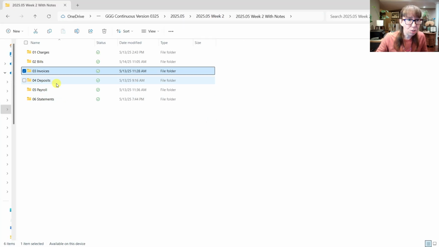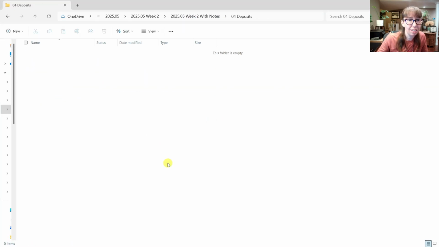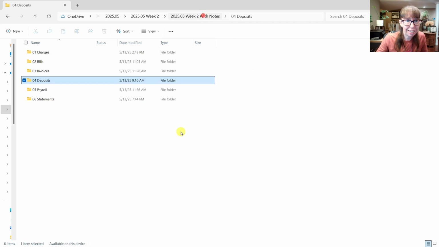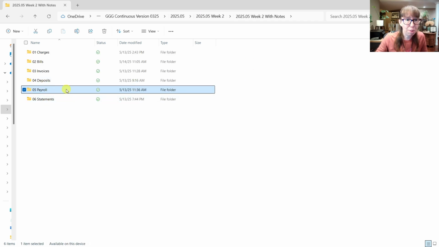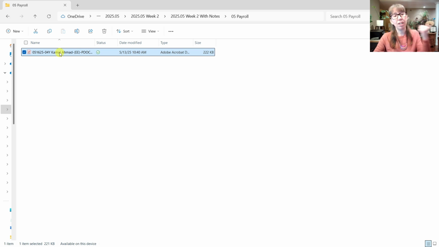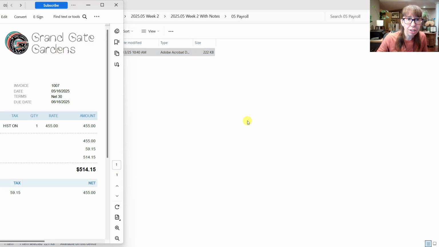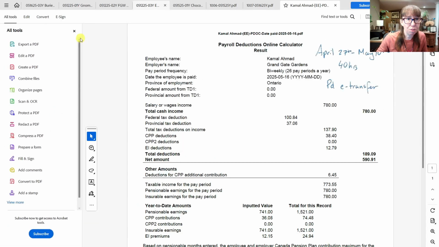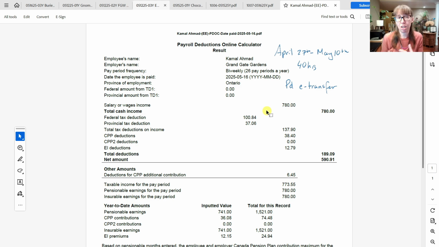Next, we're going to go to deposits. Oh, there aren't any. Maybe I'll delete that folder. Next, we go to payroll. And I did cover payroll in an earlier video, so I'm not going to go over it here. Because this was not done through payroll software, we would have to put this in manually into QuickBooks Online, but